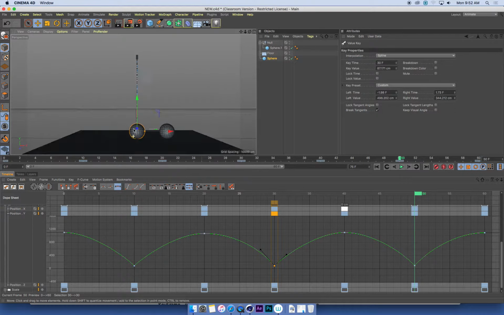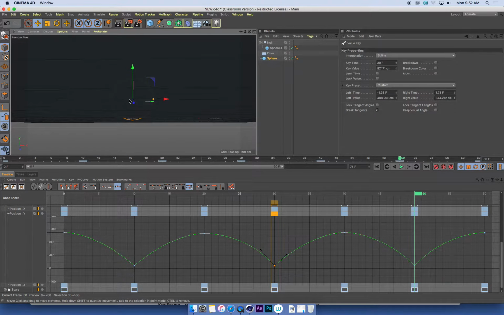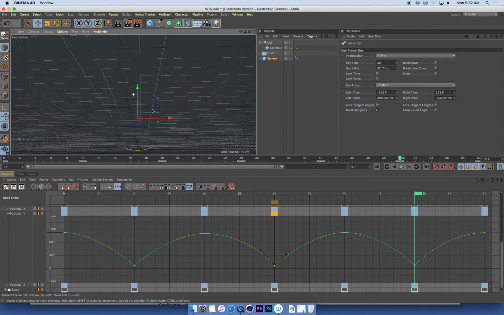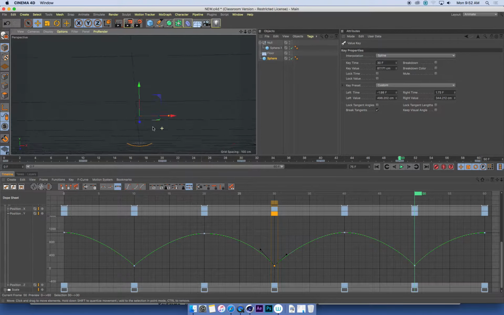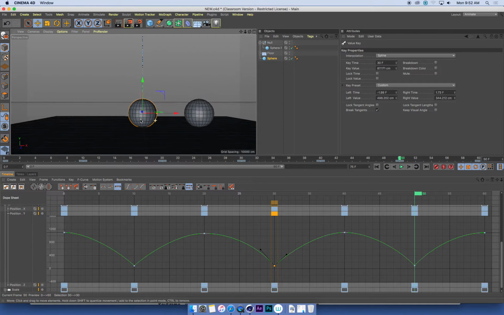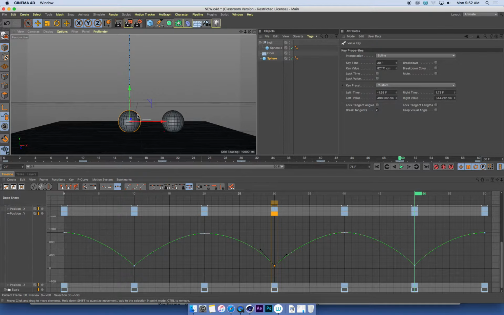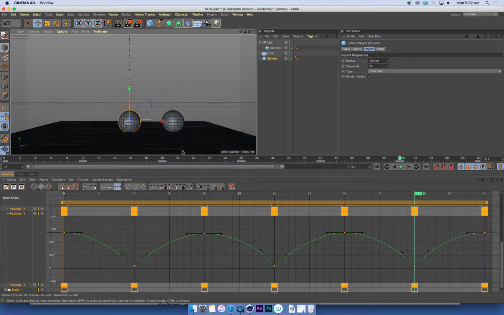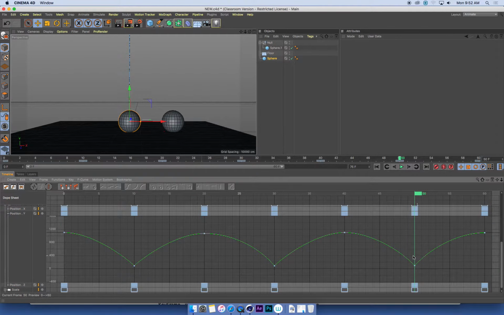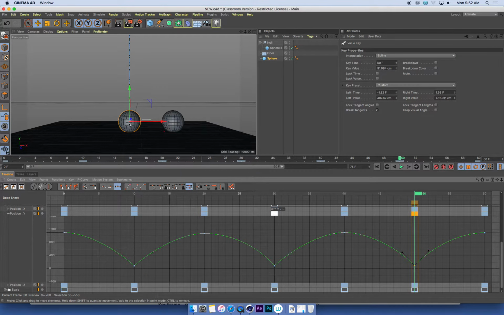So if I go to where the ball is on the ground and zoom in a little bit, I can see that my ball is just going through the ground a little bit there. I just did it by eye when I was doing the initial positioning. If I want to be accurate with where that ball is positioned, what I can do is go into my timeline and select the keyframe. This is the keyframe where the ball is on the ground, and this is the Y position that I've animated,